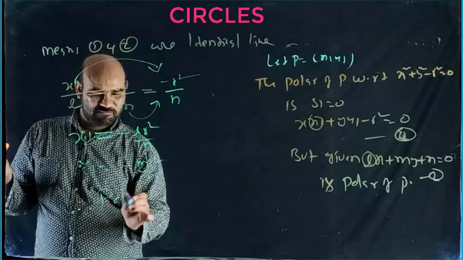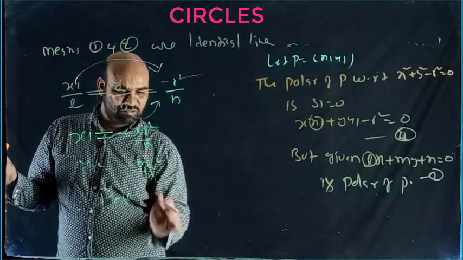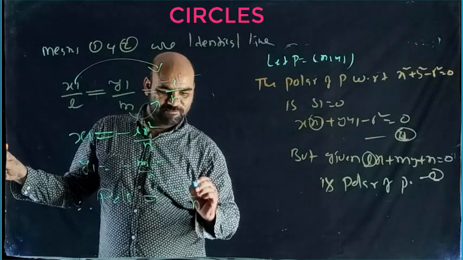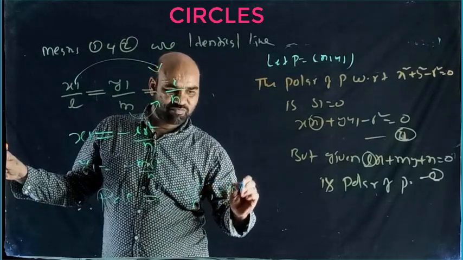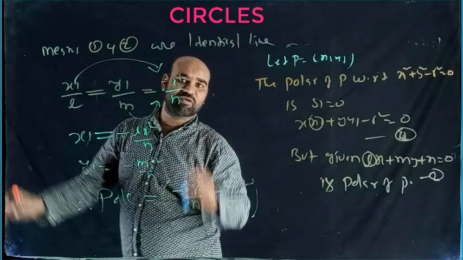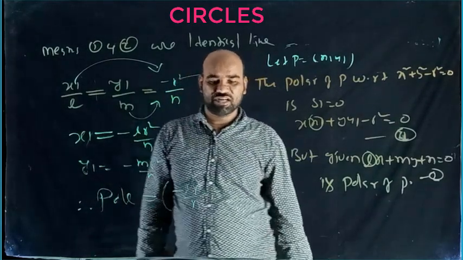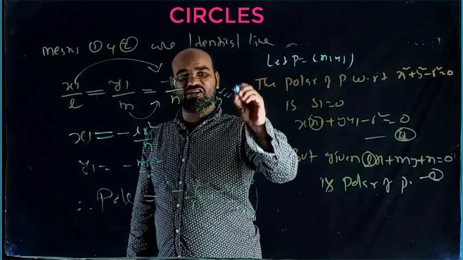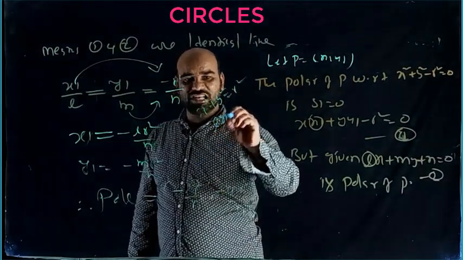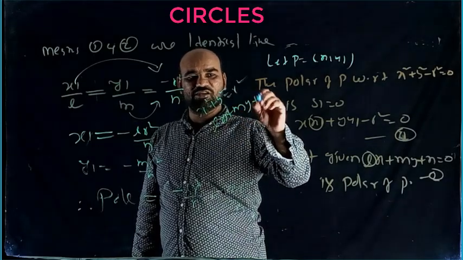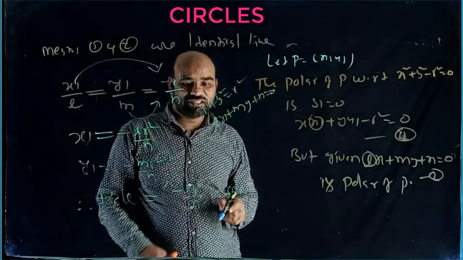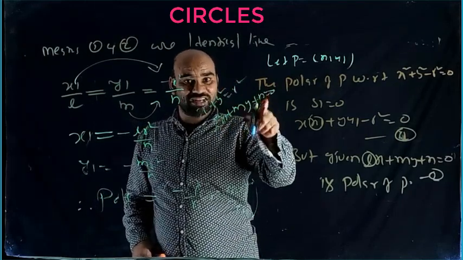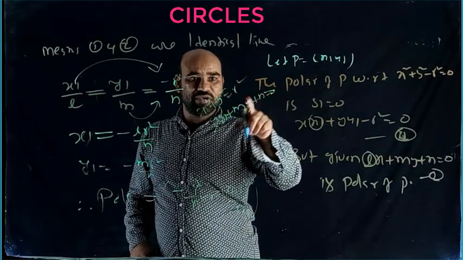Therefore the pole equal to minus L r square by n, comma minus M r square by n. You should remember this now. Minus L r square by n, comma minus M r square by n. What is given here? The circle equation is x square plus y square equal to r square. The polar equation is Lx plus My plus n equal to 0. How to remember the pole? That is important, no? Minus L r square by n, comma minus M r square by n.